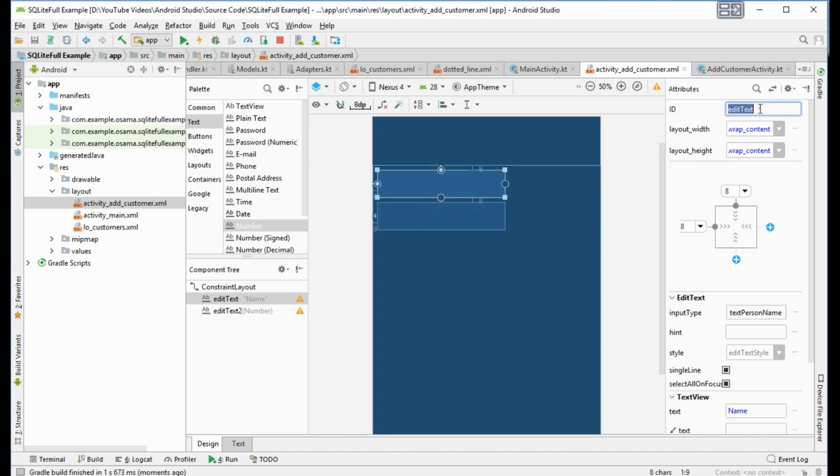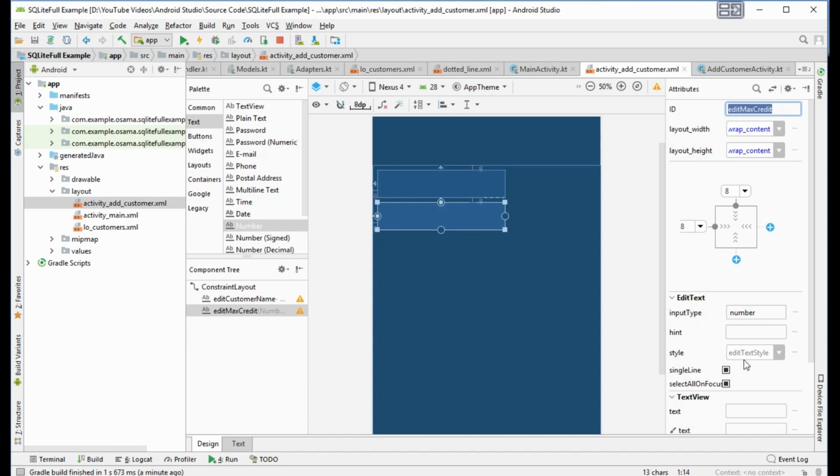Okay, this name will be edit customer name, and this will be edit max credit.